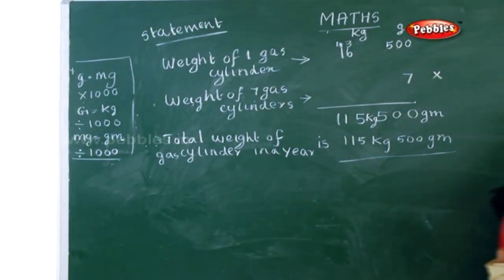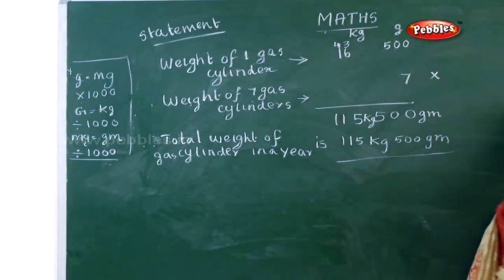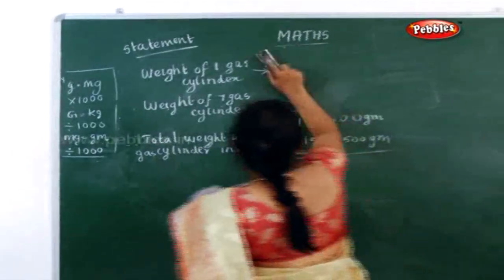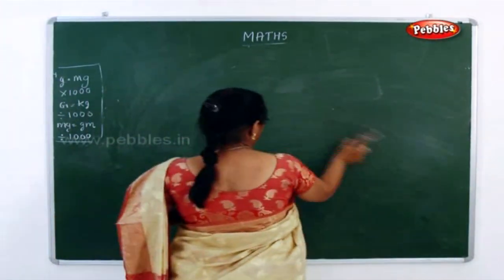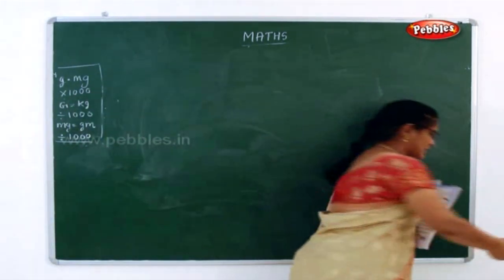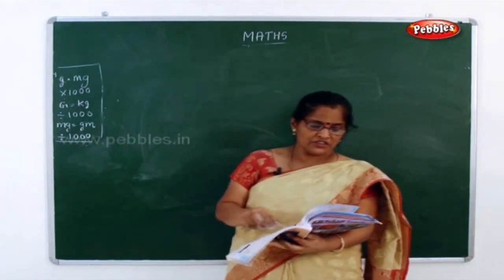Now next one we go on with your division. See, multiplication, are you clear now? Just straight away you have to multiply and do. Statement sums you have to write with full sentences. Now next one we will go on with your division.